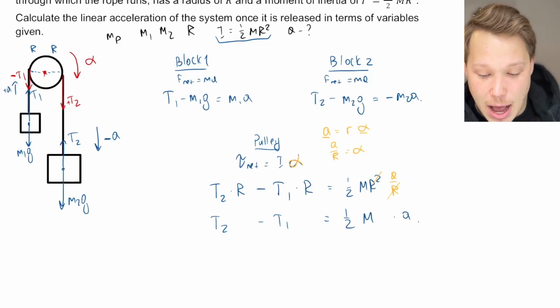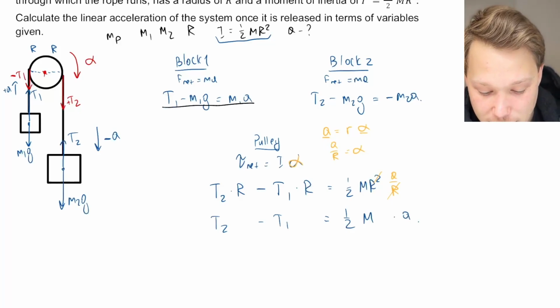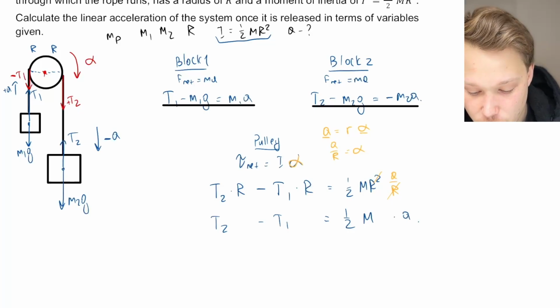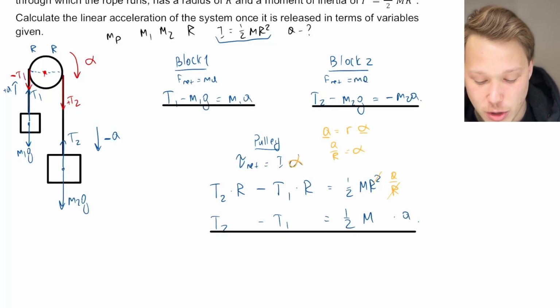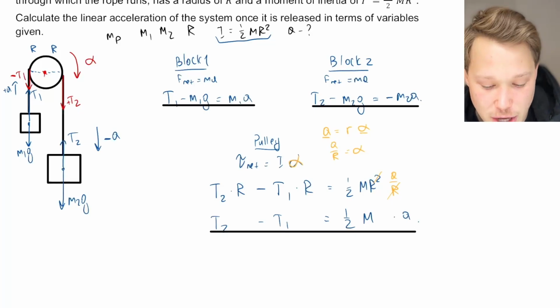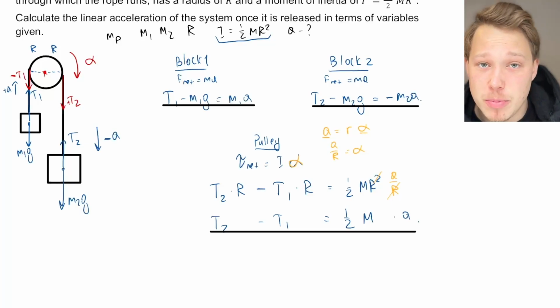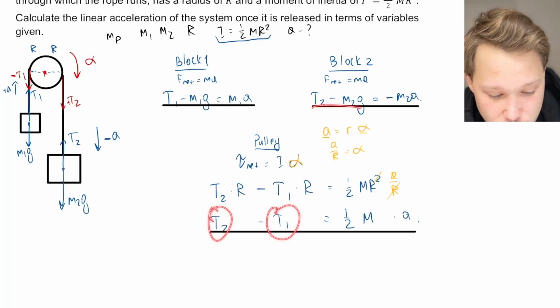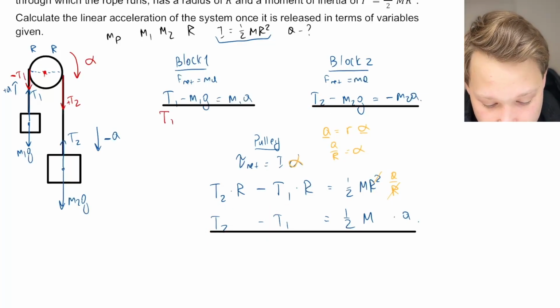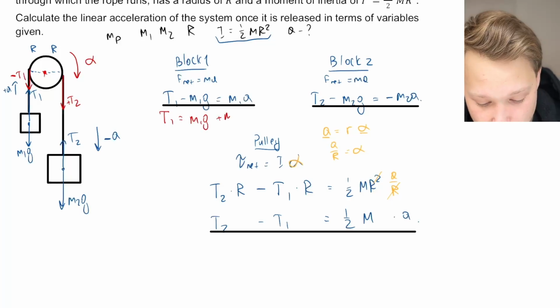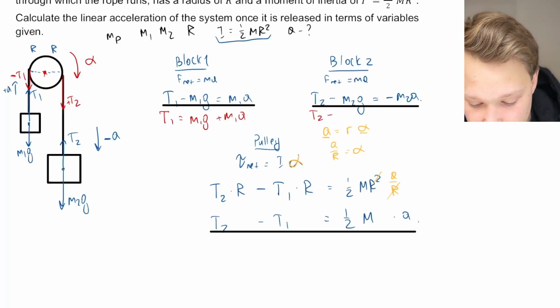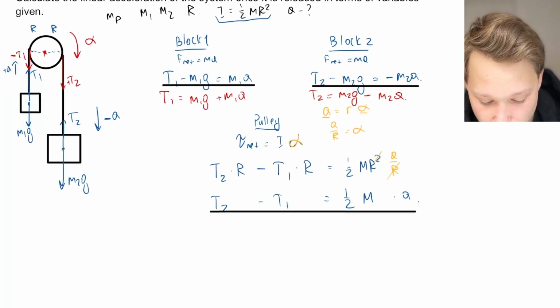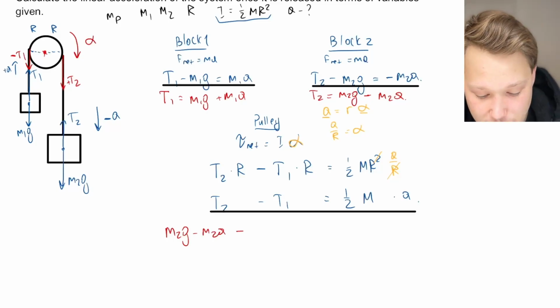So essentially, now I just want to combine these three equations right here that I have. Remember when I was discussing our method, I said at most we'll have three equations and we'll just have to combine them together. I think the easiest way to combine them would be substitution. So let me plug in for T2 and T1 from these variables right here. So T1, right, is going to be M1G plus M1A. T2 is going to be M2G minus M2A. So plugging in for T2, then plugging in for T1,